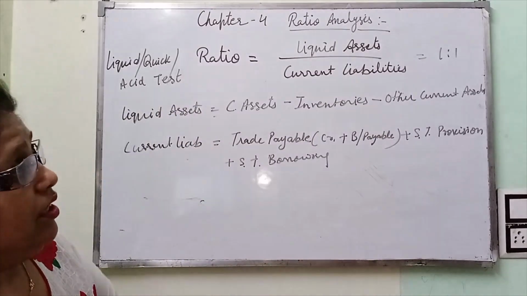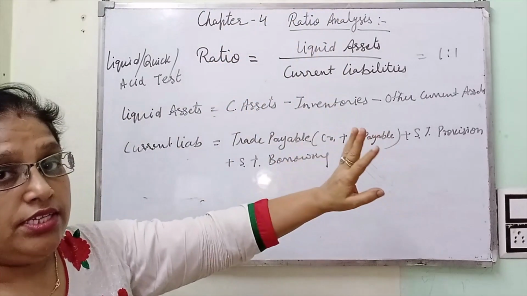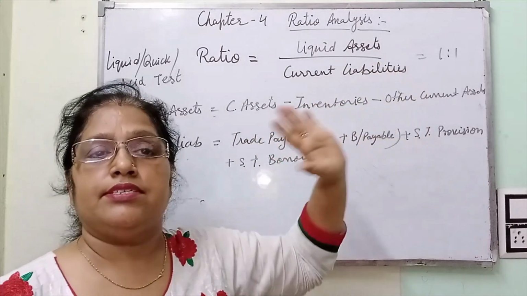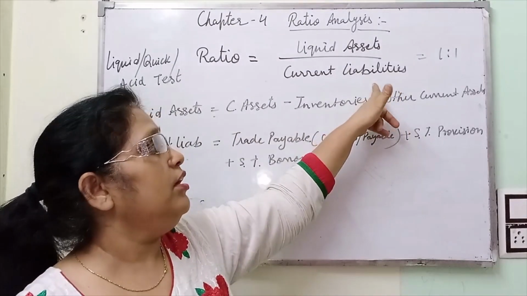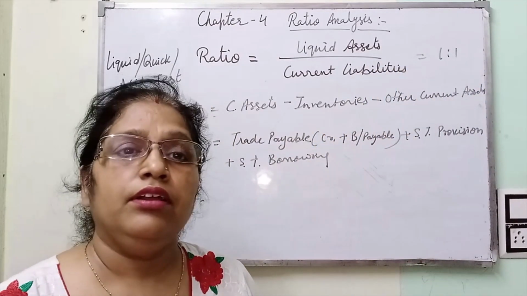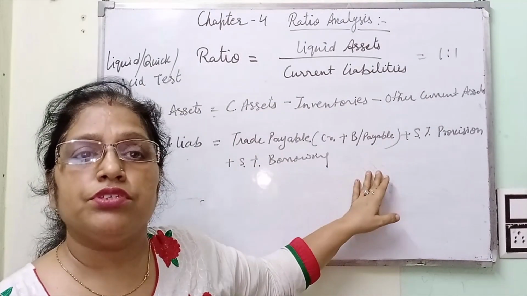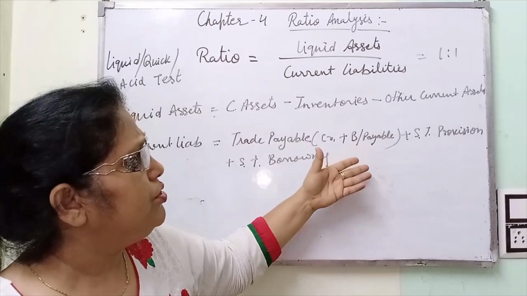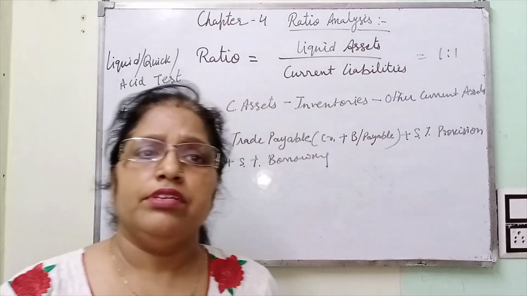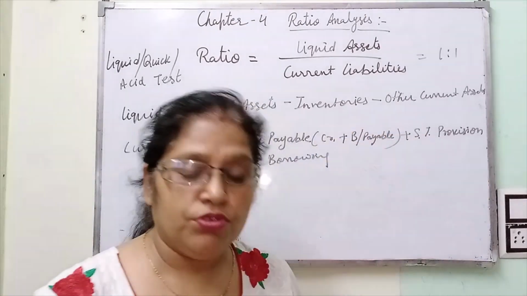Liquid assets means the assets which can easily be converted into cash. The amount must be payable on that basis. If it is less than that, the company will go into loss. Clear? Now we have to solve the practical problem on the basis of this question. We can also take the same example that was taken in the previous question. So again I want to show you the same question on the screen.